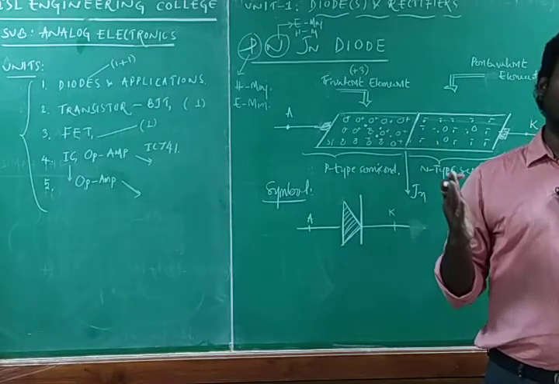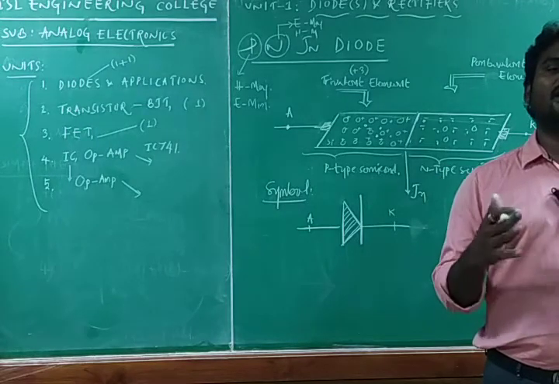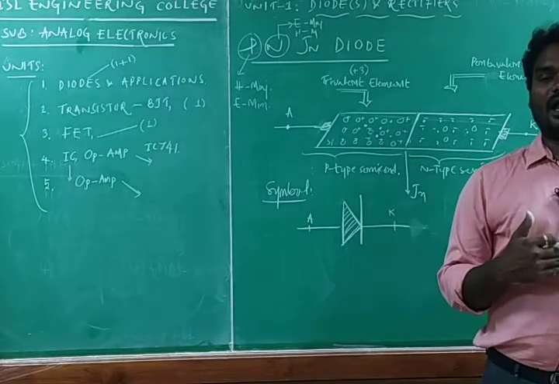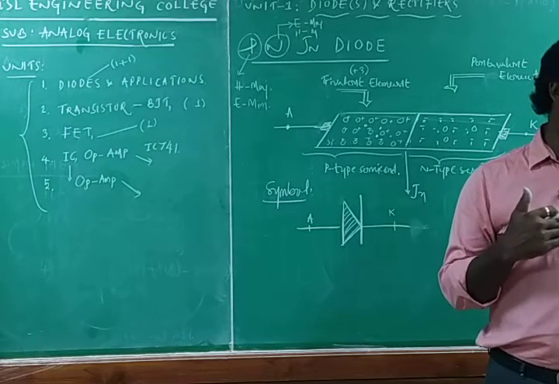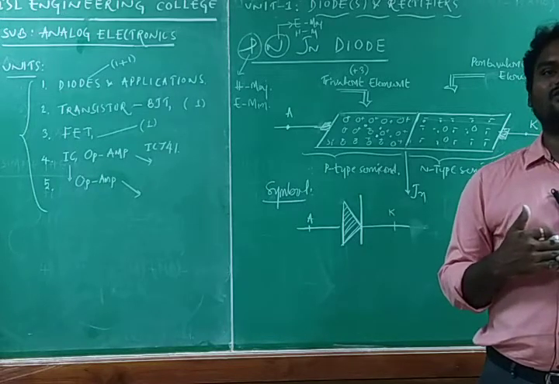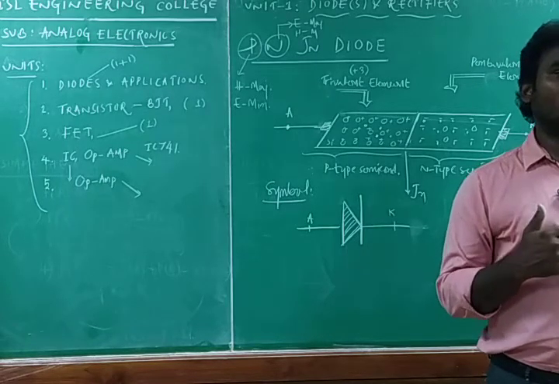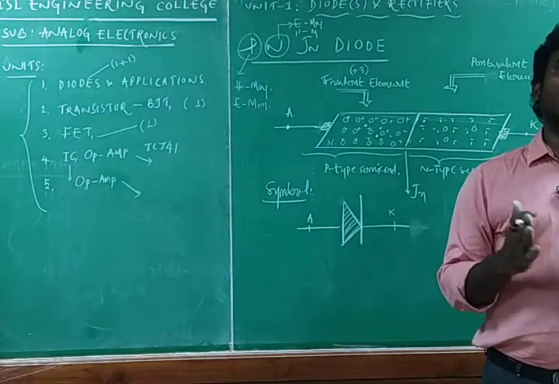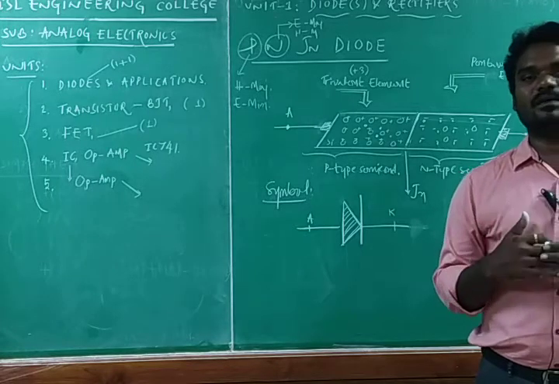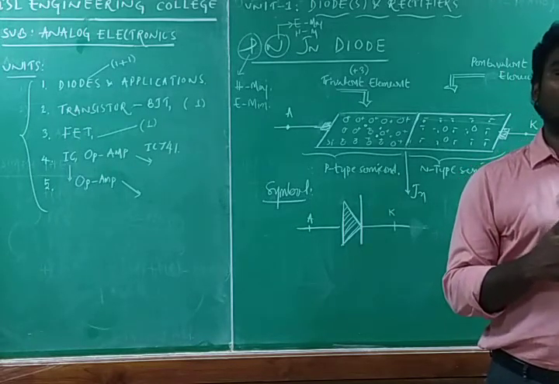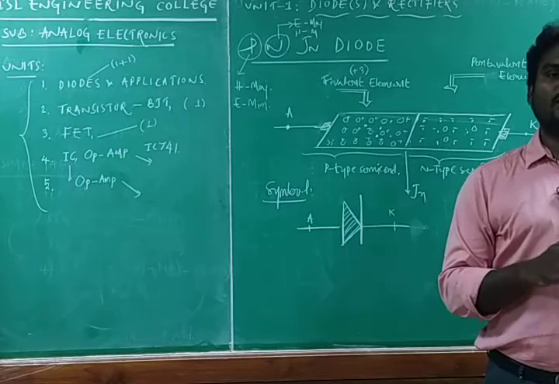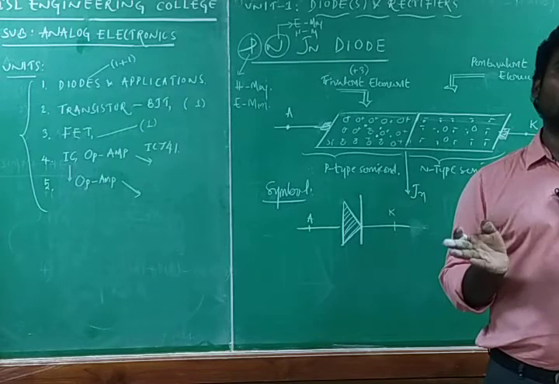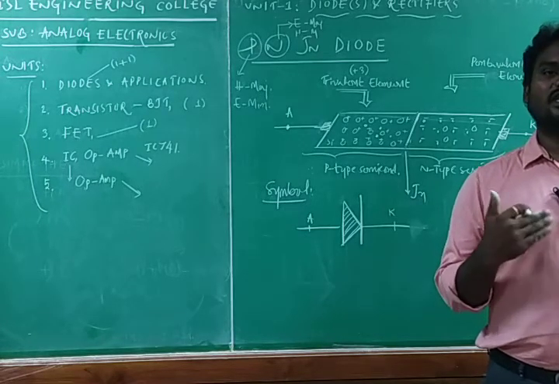Until we remove the depletion layer, we won't conduct any current. So to get current from the PN junction diode, first of all we need to apply a voltage to make the depletion region disappear. Then only will the charges move from one side to the other: holes will move from p type to n type, whereas electrons will move from n type to p type. In such a way it will conduct the current.